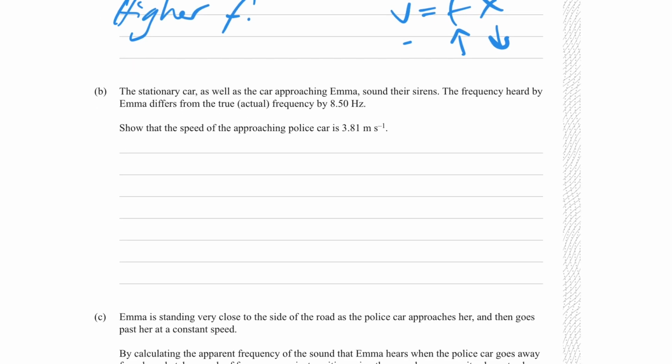Okay, B. The stationary car as well as the car approaching Emma sound their sirens. The frequency heard by Emma differs from the true actual frequency by 8.50 hertz. Show that the speed of the approaching police car is 3.81 meters per second. So 8.50 hertz is the difference from the original frequency, presuming the stationary car is playing exactly the same frequency. What